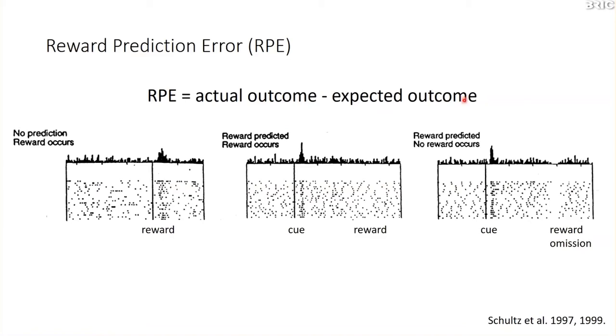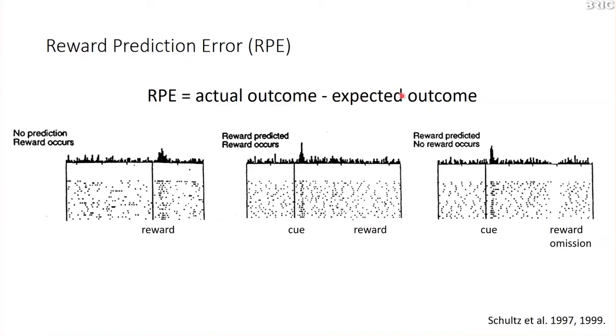Interestingly, there is a classic study by Schultz who identified a group of midbrain dopaminergic neurons whose activity looks like this reward prediction error. For instance, for a naive animal, there is an increase in dopaminergic neuron activity at the time point of reward, which is consistent with the positive reward prediction error, where there was a positive actual outcome with zero expectation. On the other hand, for the trained animal, the dopaminergic neuron activity now shifts to the cue, and for the actual time point of the reward, there is minimal activity of the dopaminergic neuron, which is